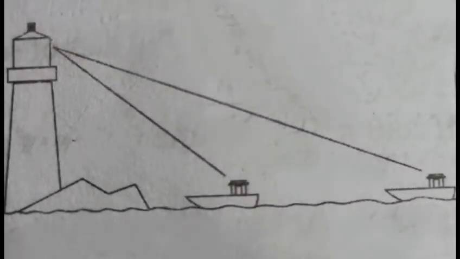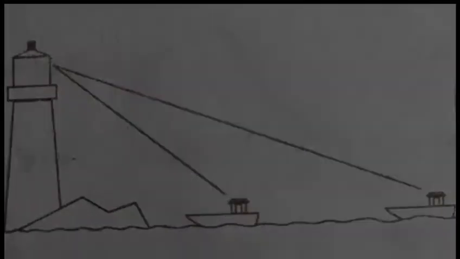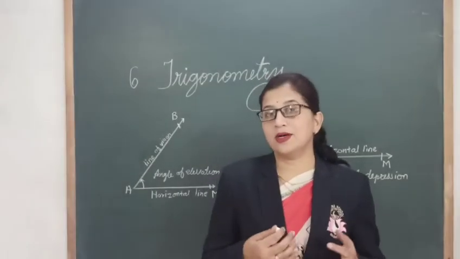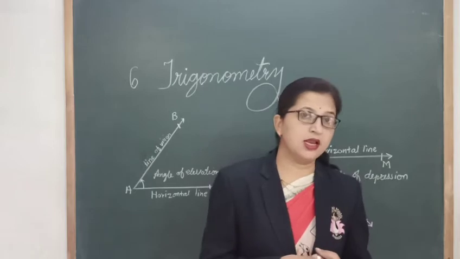To calculate the height of buildings, towers, or the distance of a ship from a lighthouse, we draw a rough sketch to show the given information. Trees, hills or towers are vertical objects, so we shall represent them in the figure by segments which are perpendicular to the ground. We will not consider the height of the observer, and we shall normally regard the observer's line of vision to be parallel to the horizontal line. So let's see what this line of vision or horizontal line is.